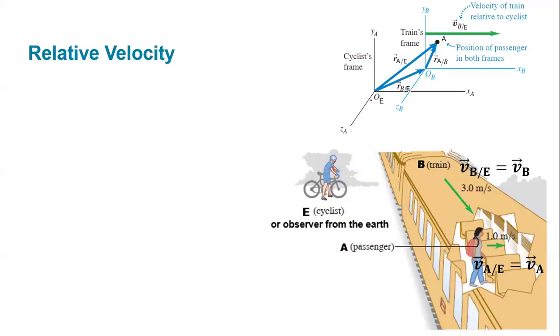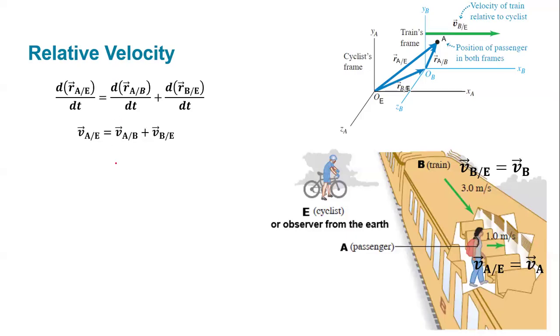In terms of position, if this is the reference frame of the cyclist, the position of the passenger with respect to him is just equal to the vector: the position of the train with respect to him plus the position of the passenger with respect to the reference frame of the train. Okay, and the derivative of the position with respect to time is just equal to the velocity. For example, the velocity of the passenger with respect to the cyclist is equal to